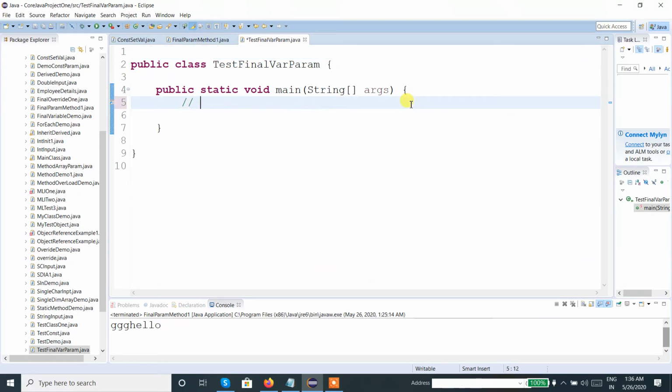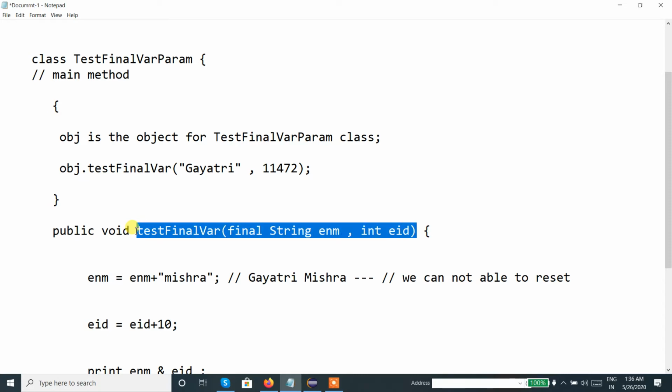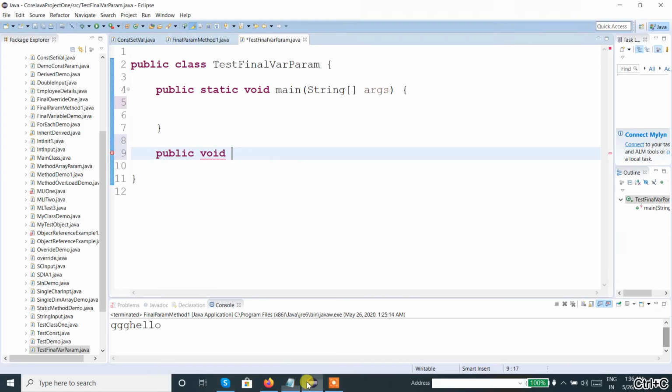Let's delete the unwanted data. Now we need to create a method. So this is the method we decided to create.